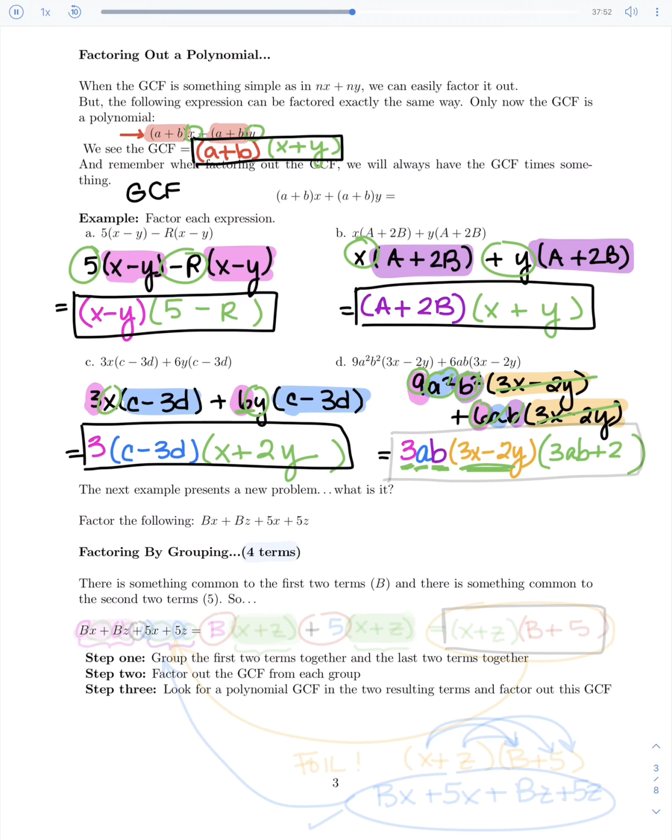So our final answer looks a little bit bizarre, but I pulled out a 3, an a, a b, and a 3x minus 2y, parentheses around it. And I was left with the 3ab plus 2, and again, those get their own set of parentheses, but I am done. The next thing that we're